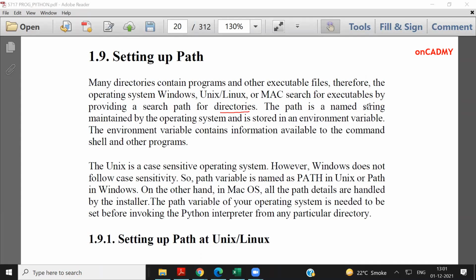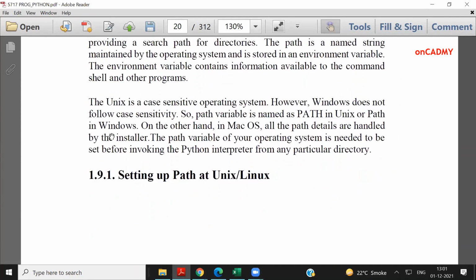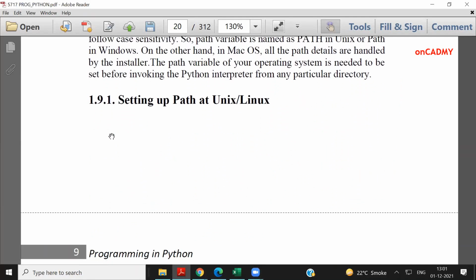The path is a named string maintained by the operating system and is stored in an environment variable. The environment variable contains information available to the command shell and other programs. By default, this path will be set by itself. You don't need to set the path or change it. Otherwise, it will create certain issues while executing the programs.